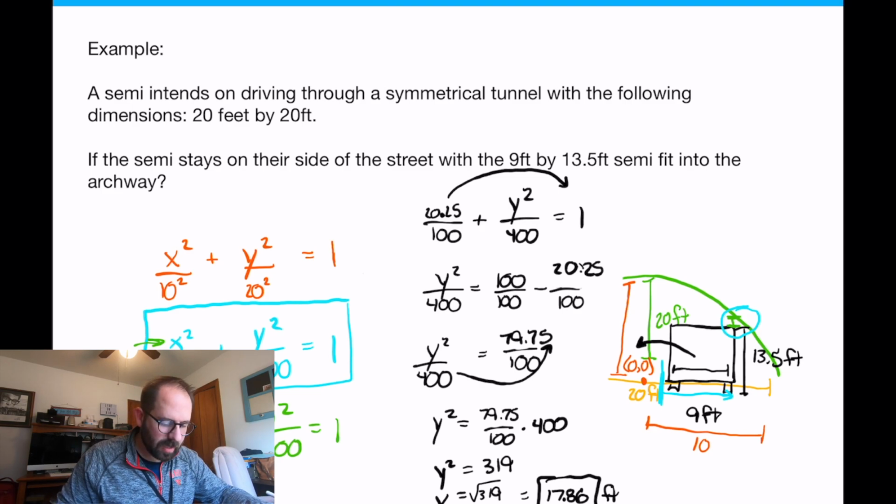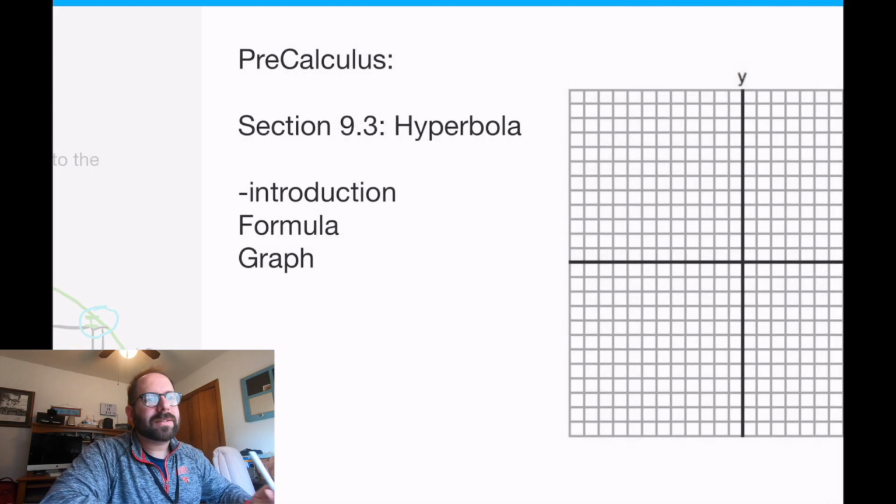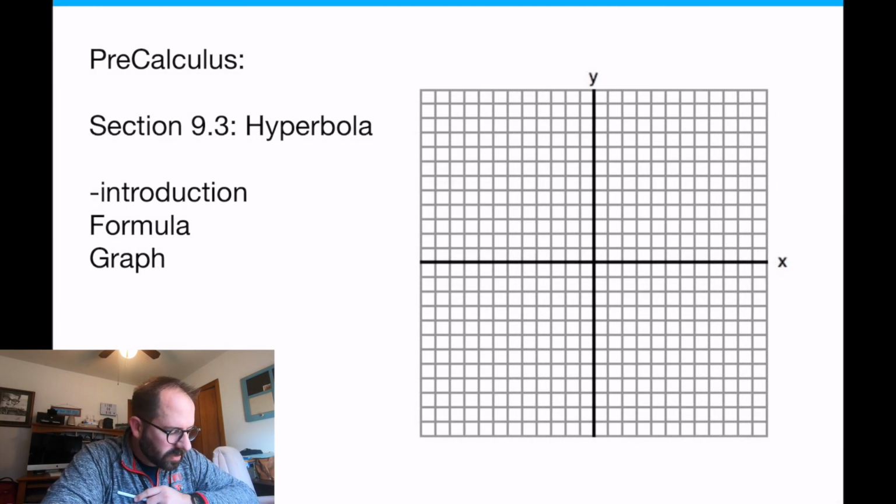That was good. Okay, so let's get to the new stuff today. We have to do a hyperbola today. So this is a brand new topic. It's an introduction day. It's nothing crazy in depth. I just want to intro it so you kind of know what these are and what to do. Let's talk about what a hyperbola is first, and then we'll talk about the formula itself and the